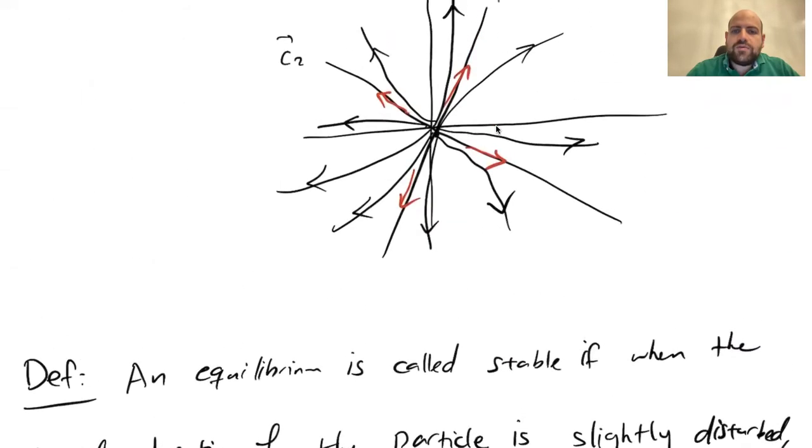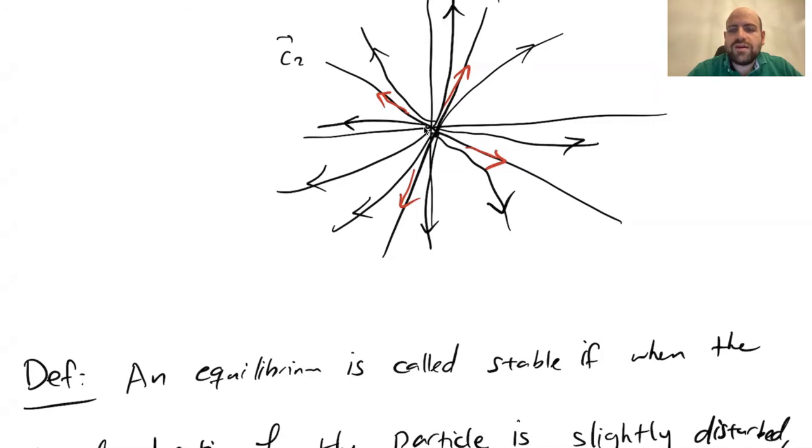So stable would occur if any slight change in the initial location, the particle as t goes to infinity goes to the equilibrium point. In this case, the equilibrium point is origin. So it would be stable if any slight change in the initial location, the particle still approaches origin as